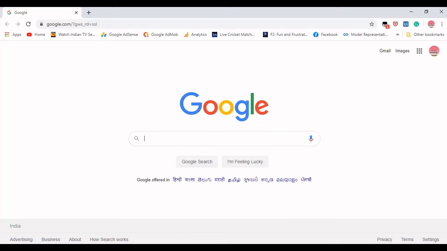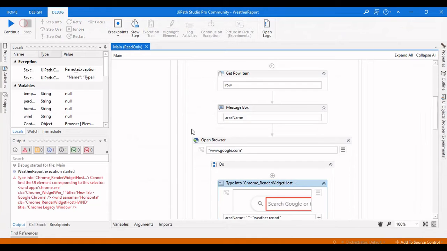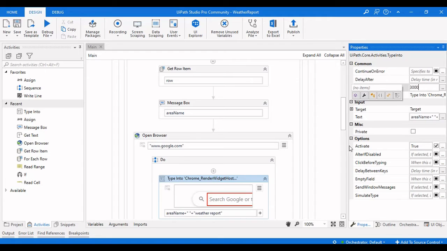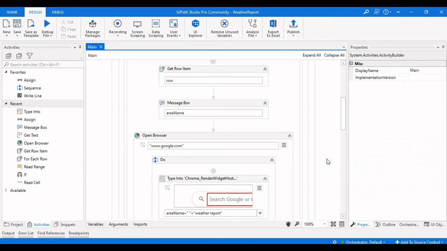I think a timeout happened. Let us give some delay over here so that the screen will be fully loaded, and we will give a delay of 3 seconds so that the UI screen is visible to the bot before running it. So let us quickly run it again.